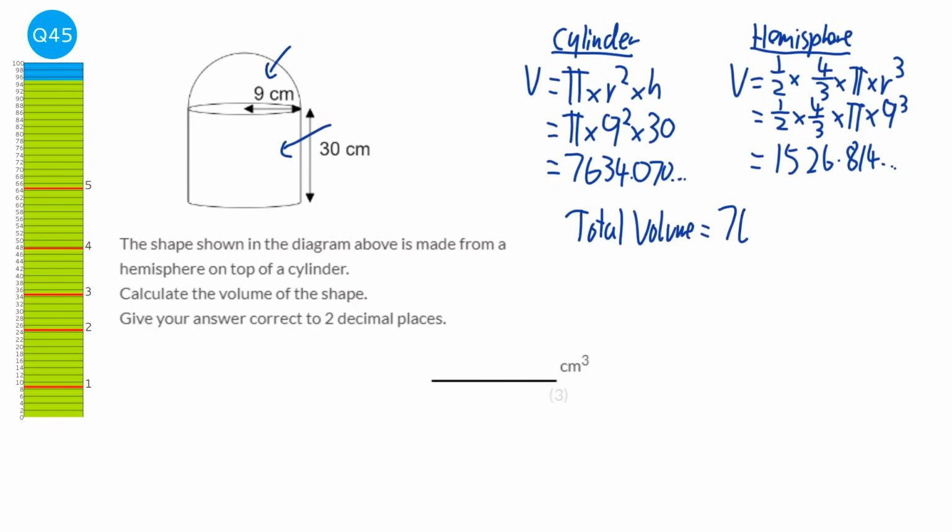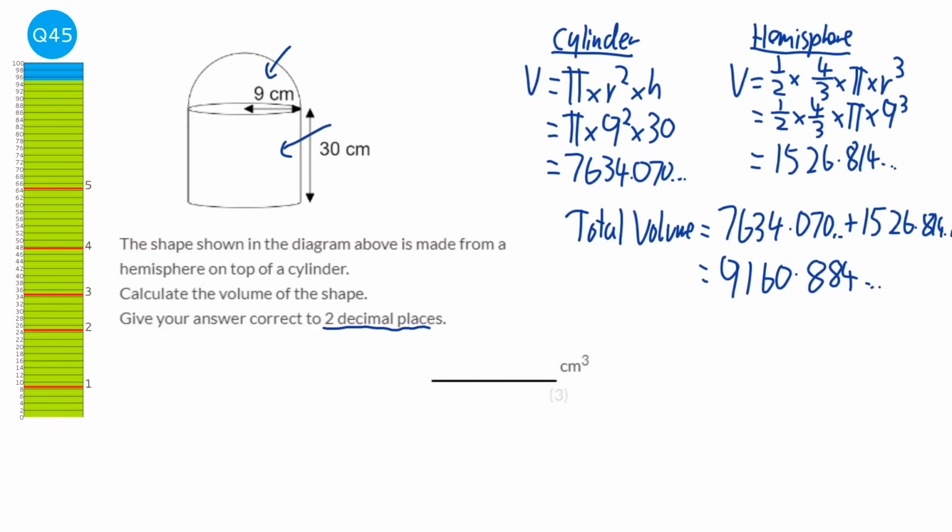And so the total volume is 7,634.070, blah, blah, blah, plus the 1,526.814, blah, blah, blah, which equals 9,160.884, blah, blah, blah. It says it wants it to two decimal places, so when we round that, we get